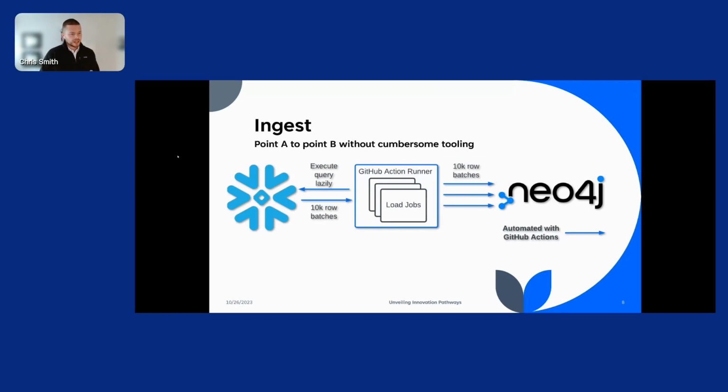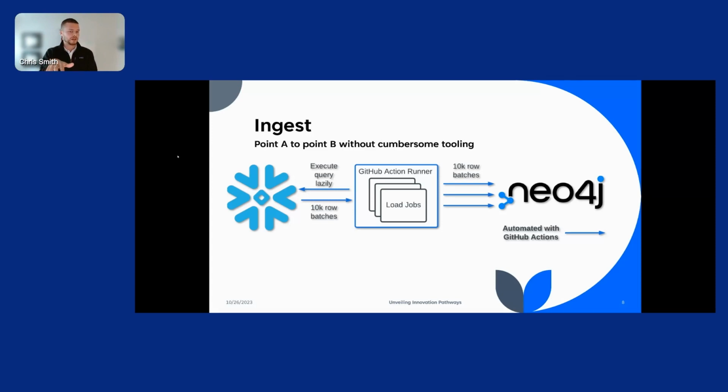So let's dive into ingest real quick. Again, our objective here is to get from point A to point B without cumbersome tooling. How we're doing that is we're taking our load jobs and wrapping them inside of a GitHub Action runner, which is a Docker container. From there, we use the Snowpark Python API to lazily execute a big query against our Snowflake instance. And then we call 10,000 row batches into those load jobs that are running in a parallel fashion inside of